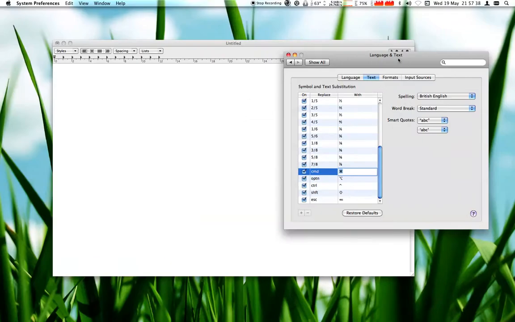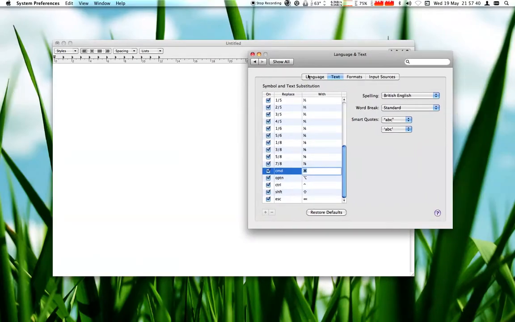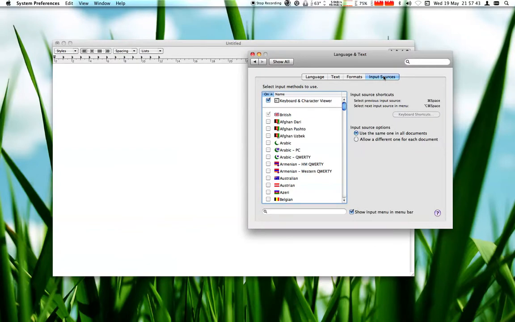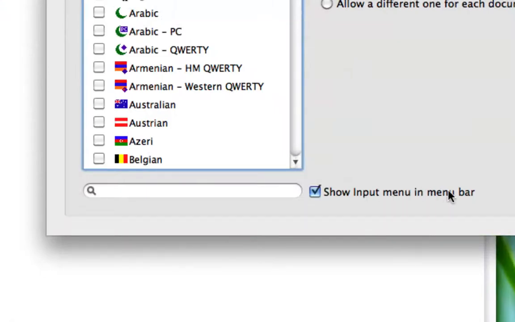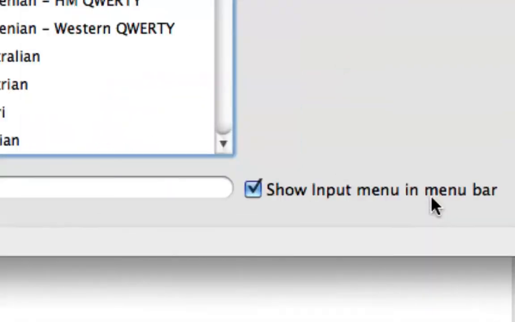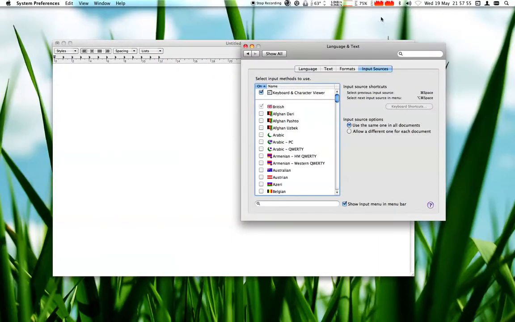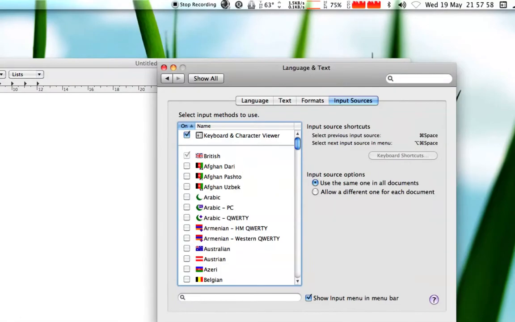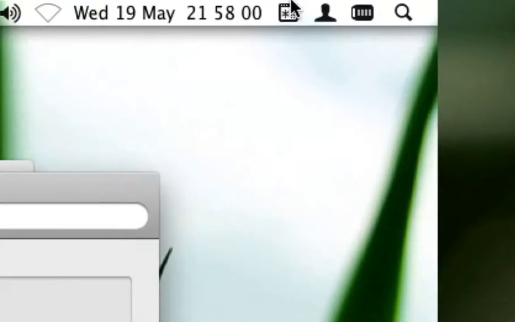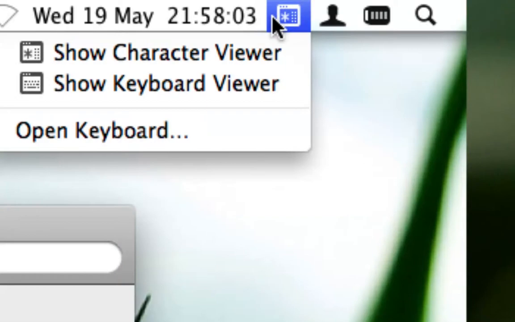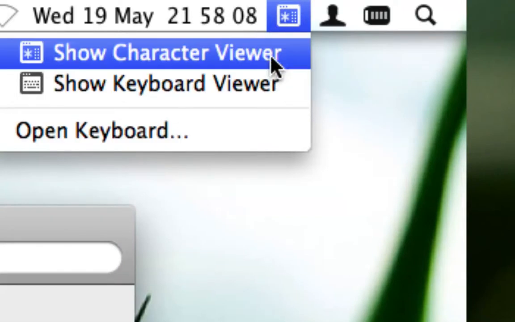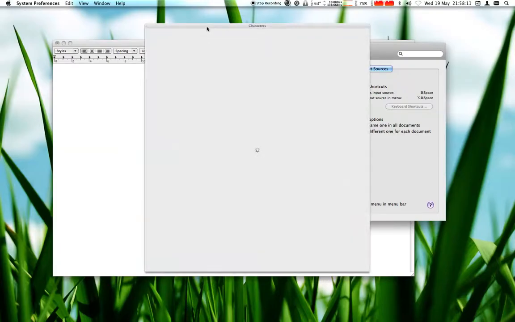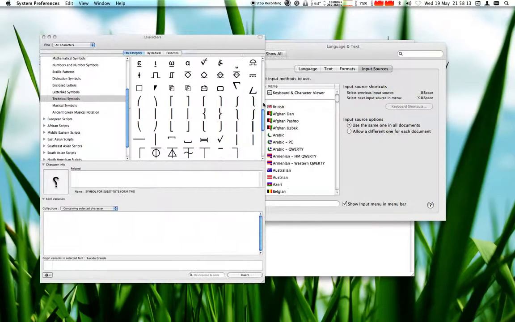Well, for that, what you want to be able to do is first of all, go into the Input Sources tab at the top of the Language and Text System Preference, and make sure that you've got the Show Input menu in menu bar option checked. Okay, and what that does when you check that on and off is turn on this little menu here. You can see in the toolbar it turns on the Show Character Viewer, Show Keyboard Viewer, and then Open Keyboard Preferences. We want to show the Character Viewer, and that brings up this little floating pane here,